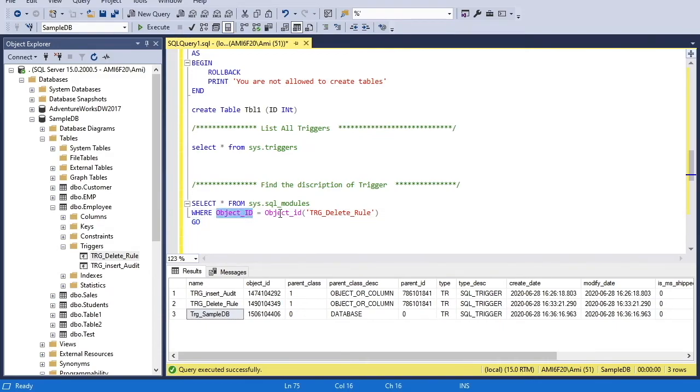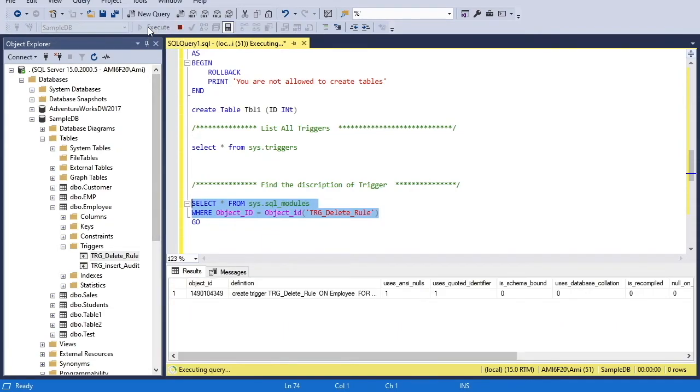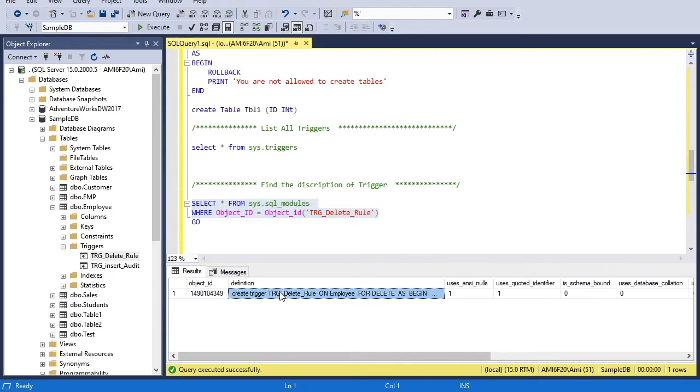So I have a function OBJECT_ID which resolves the ID of this trigger and will compare it with the object ID column. And this way I can find the definition of my trigger from the sys.sql_modules table. Let me execute this and show the example. Here you can see the definition of the trigger and the object ID is given, which I have resolved using the OBJECT_ID function.